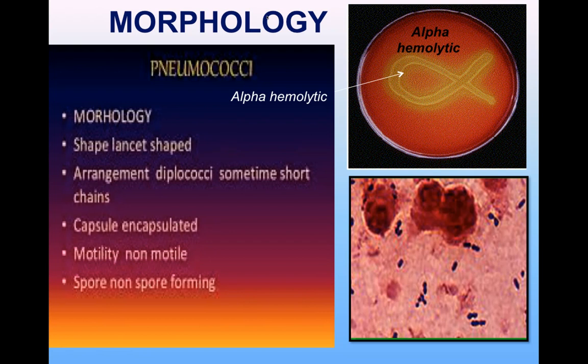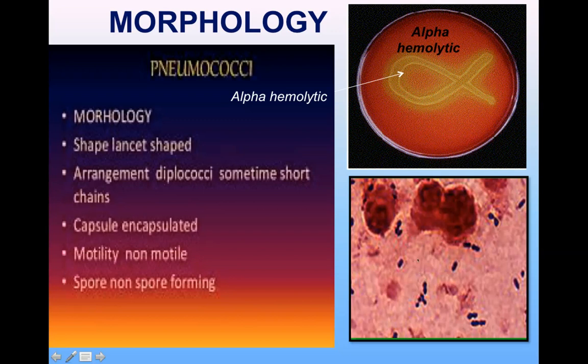Coming to the morphology of Strep pneumoniae, if you look at this slide, you will see that these organisms are alpha hemolytic. Alpha hemolytic because they are producing greenish discoloration around the colonies due to incomplete lysis of RBCs. This green color is formed when hydrogen peroxide, which is produced by this organism, oxidizes the hemoglobin to biliverdin, and it gives you a green color. I told you about this while we were doing streptococci as well.